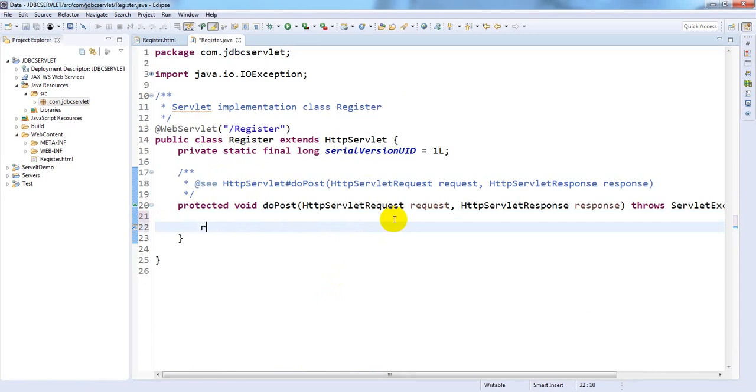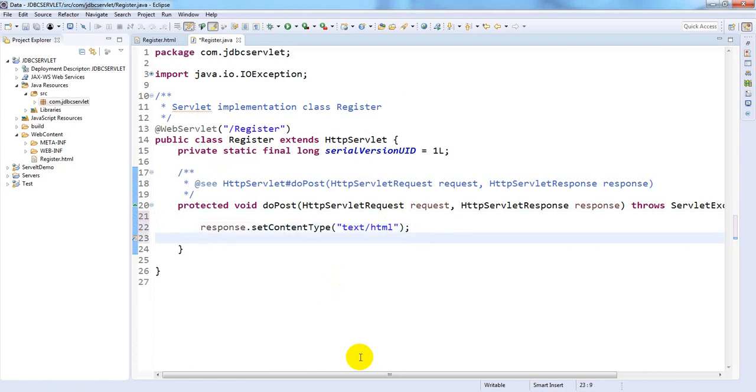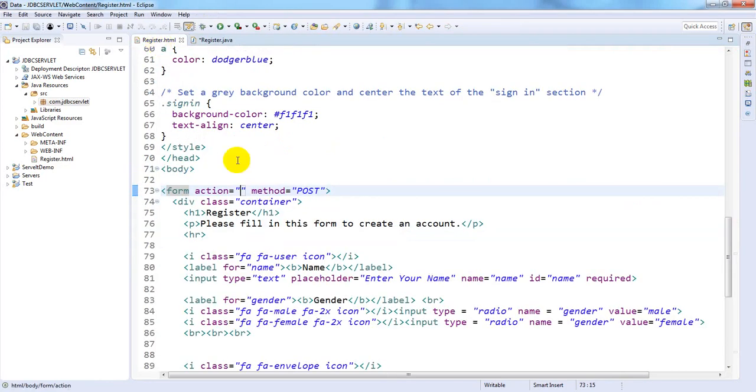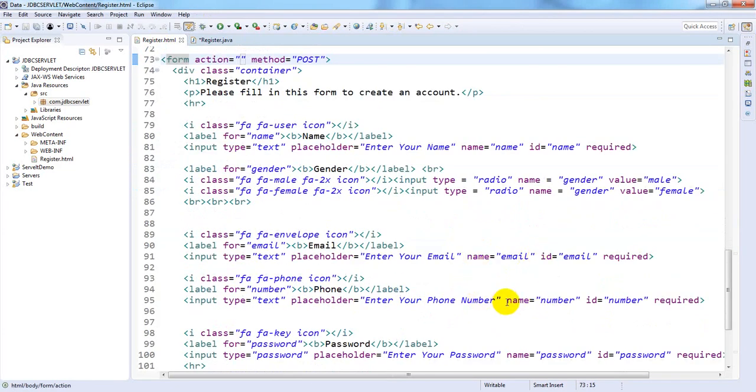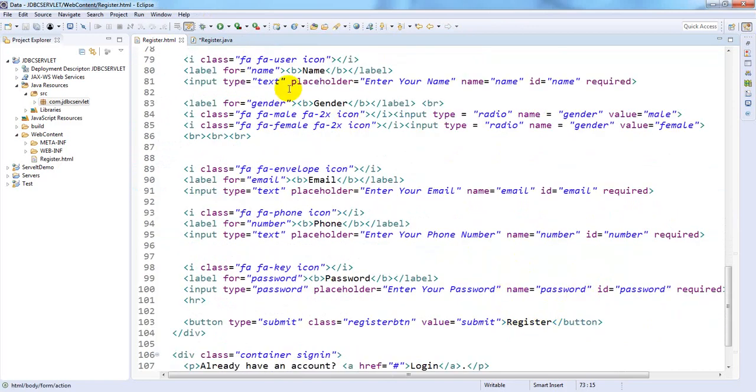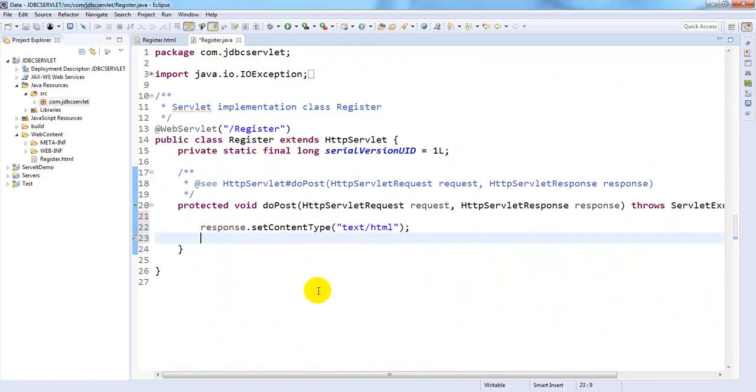Here first we need to get the response. response.setContentType is text/html. Now we have to fetch the records from the HTML file. That means these names: name equal to name, gender, email ID, number, and password. For that we need to use